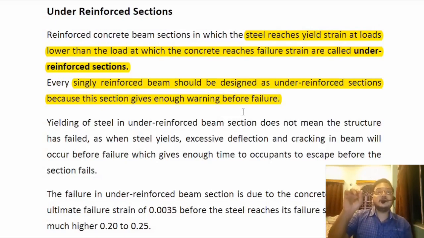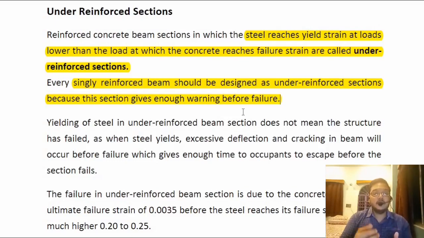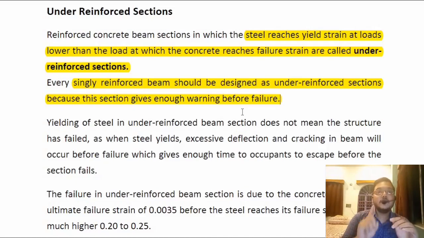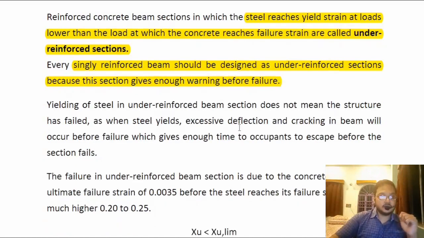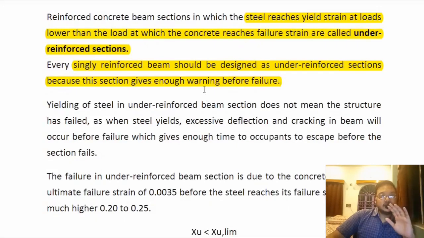And that ultimate strain, as we have discussed in our previous videos, is the strain which is not seen in an RCC structure. That strain is too high. So before that, the yield strain will be achieved, and that is good for us because the steel will just start yielding, but actual failure will not take place; actual fracture will take place a lot afterwards. So till now you can say that you will be safe under this under reinforced section.